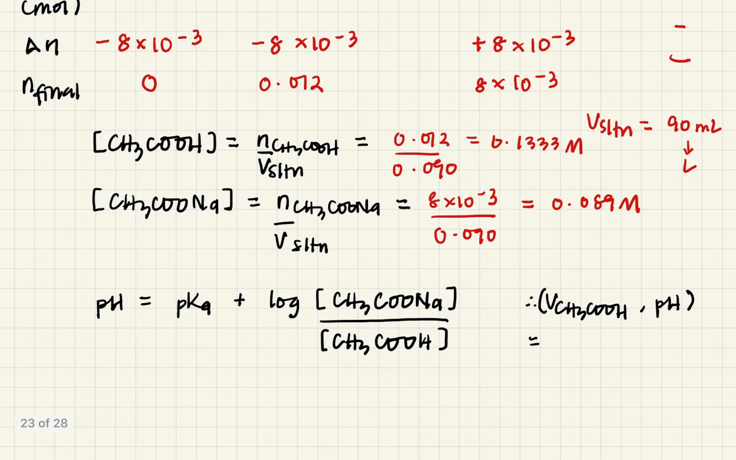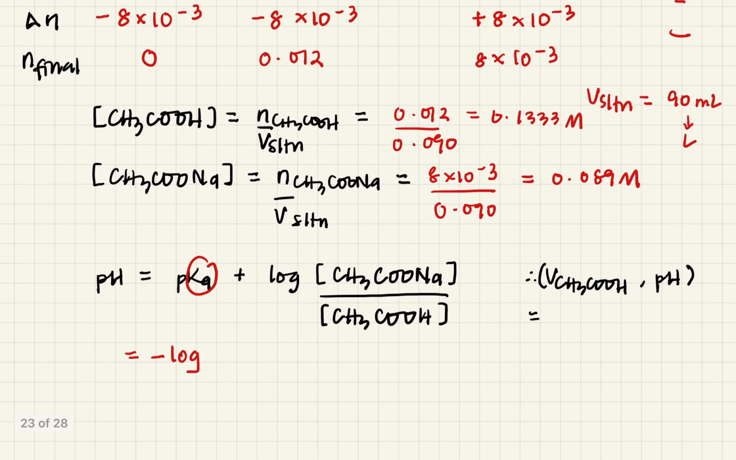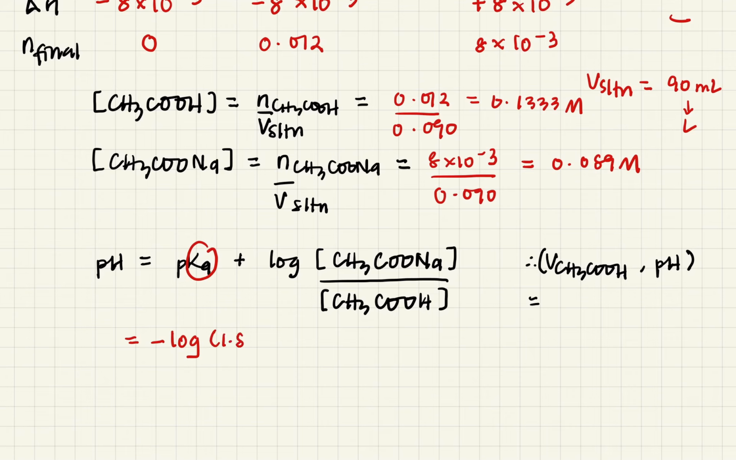Okay, now awak kan dah ada Ka kan? It is given, right? It's given, so you can plug in the values. Negative log Ka, berapa Ka awak? 1.8 times 10 minus 5 plus log of your concentration of salt, that is 0.089 over 0.1333. Okay, so kira-kira dapat